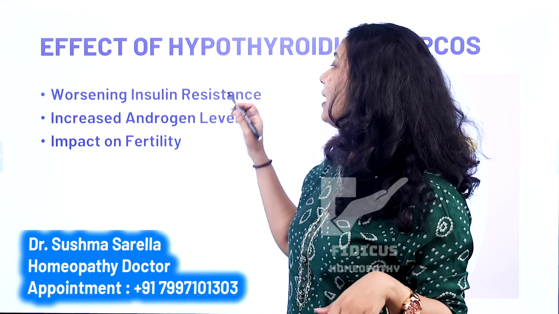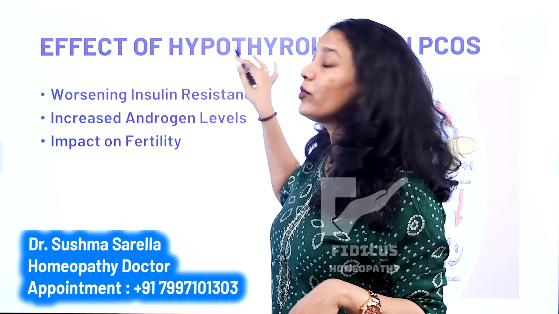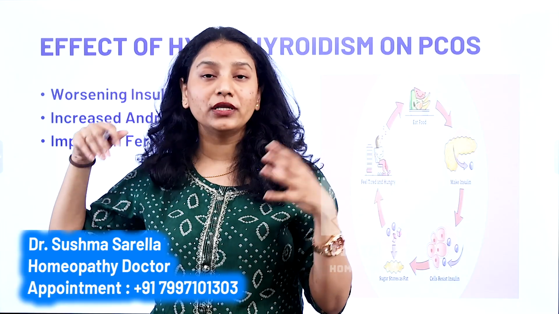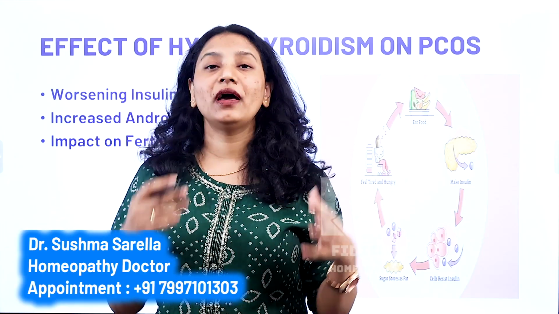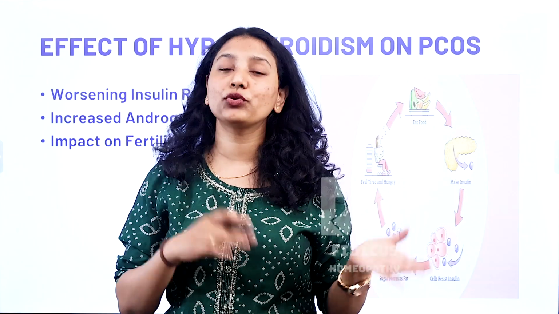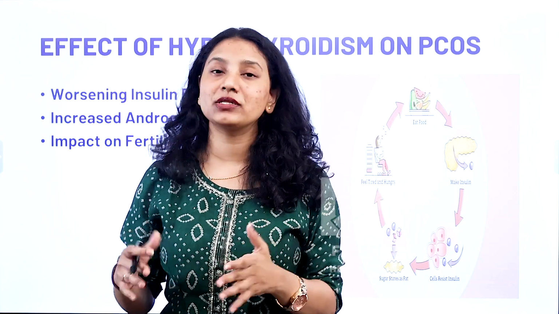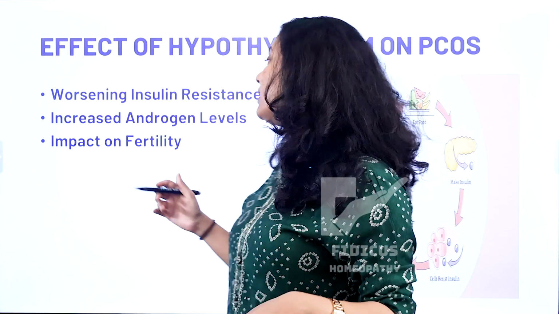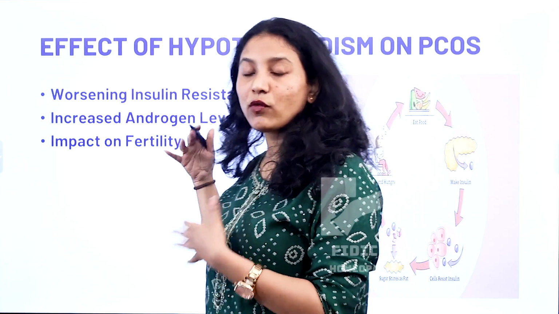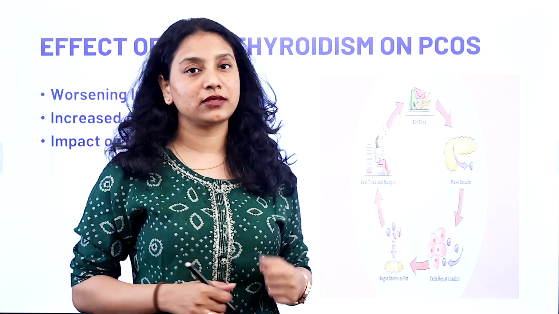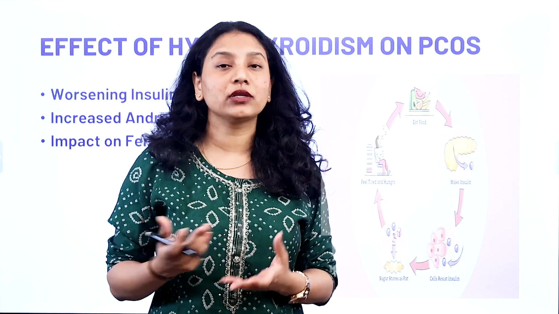Remember that. And then the androgen level in hypothyroidism is increased because the TSH has an effect on the testosterone metabolization, where there is increase in testosterone through an indirect cycle. That is why there is hyperandrogenism present even in hypothyroidism. Apart from that, there is impact on fertility, which we have already spoken, because of anovulatory cycles and very thin endometrial thickness, or abnormal endometrial thickness also sometimes.